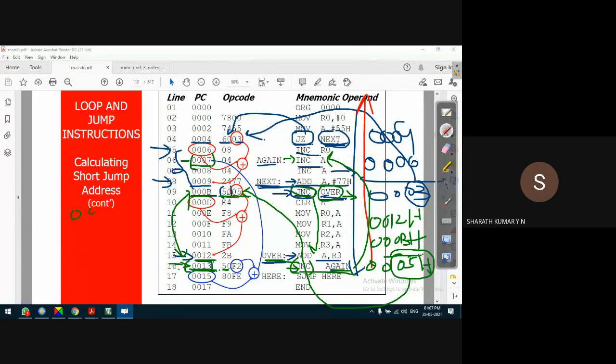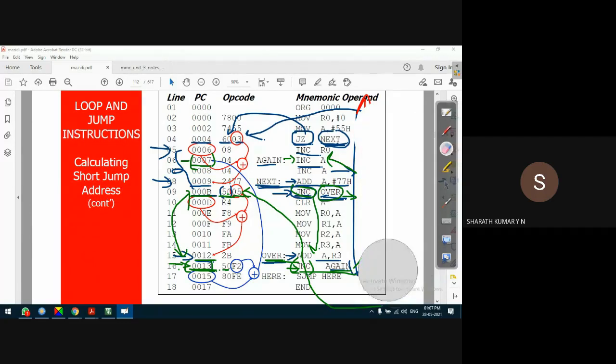Let me write here, guys. I don't know whether you can see what I'm writing on this red strip. Let me erase and write here. So the address is 0007 minus 0013H. All these are in the hexadecimal addressing system. The difference is FFF2H. You can check in the calculator.